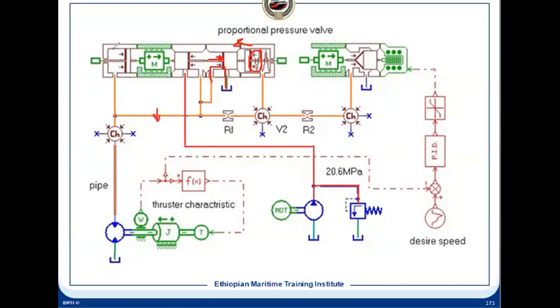This pressure has dropped, so this one will move in this direction, because this pressure will move it in this direction, and it will come to an equilibrium to maintain the displacement through the hydraulic motor. The correct displacement of the flow will be maintained, so that the RPM and the torque will be maintained, as well as the thrust.